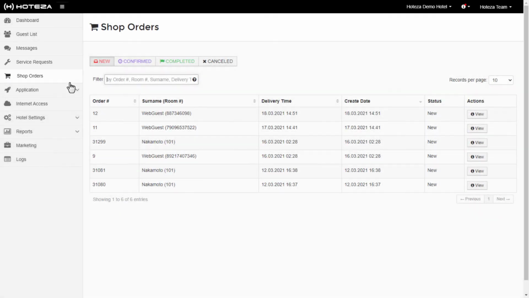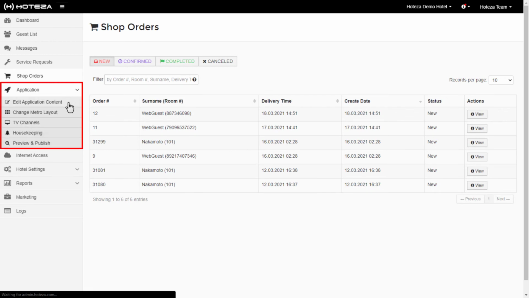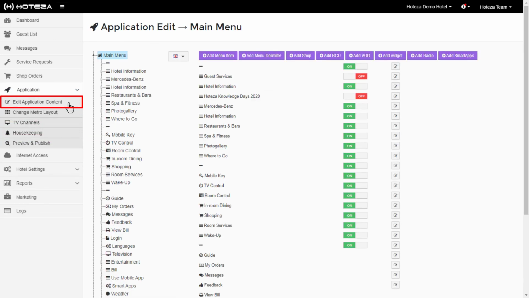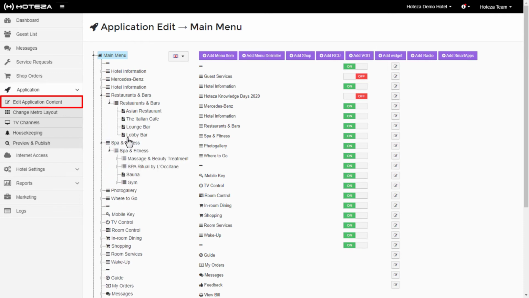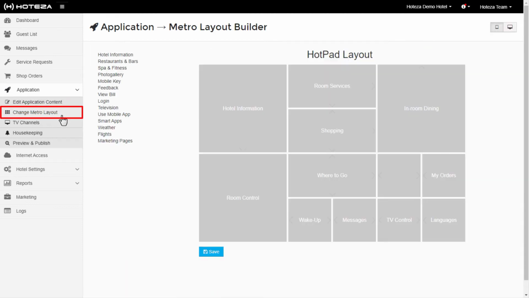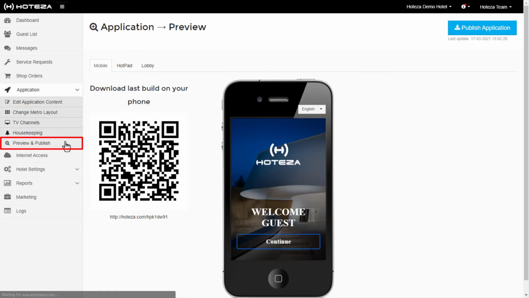In the application section, you can create and edit all the content for your Hoteza apps from one place, manage additional services and widgets such as weather, airport feeds, web radio, video on demand, room control and others, change layouts of the main menu separately for each app, and eventually preview the results and publish all changes to apps and connected devices.